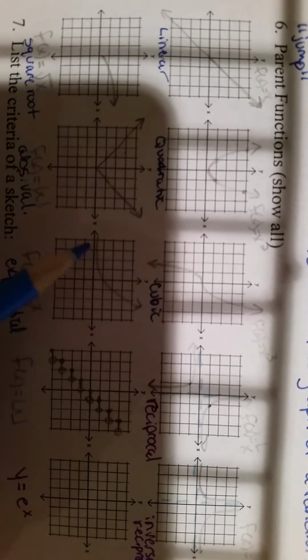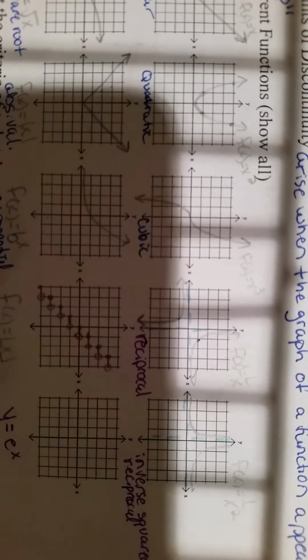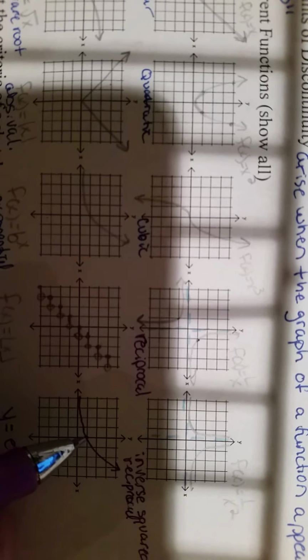So again, we have the absolute value, the exponential, and then we added on the exponential with base e, the natural log function. So I think in fourth hour we said it didn't go through 0, 1, but it does. It goes through 0, 1 just like the exponential with base b. Okay, so actually,